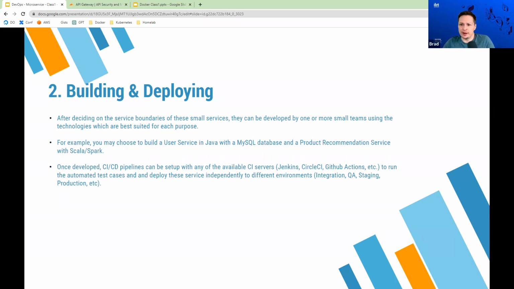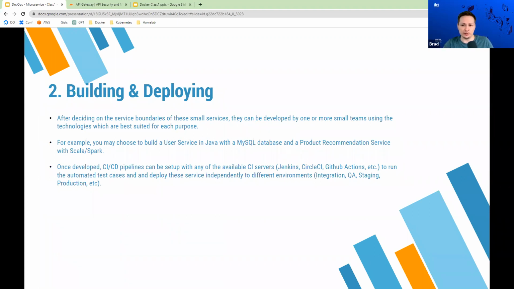Once you have your monolithic application decomposed into different components, it's time to actually build and deploy those components. For example, you can choose to build a user service in Java with a MySQL database and a product recommendation service with something like Scala and Spark.